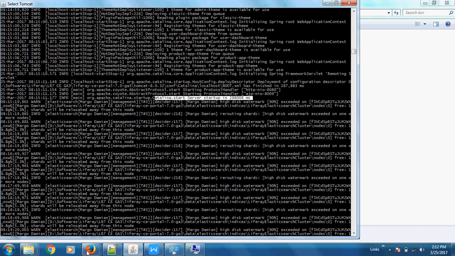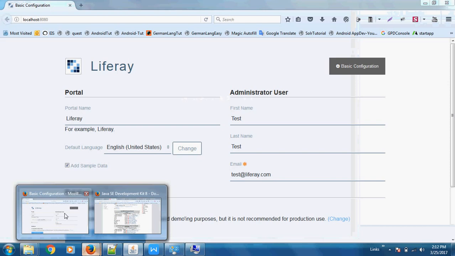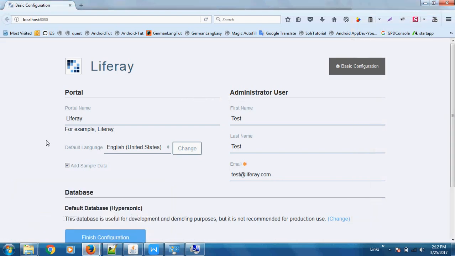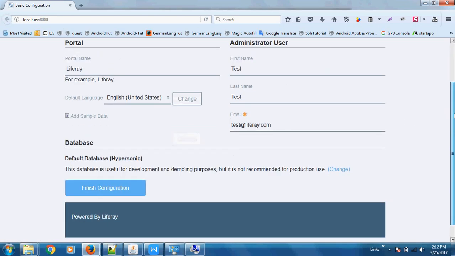After this it will automatically open your default browser with this page, which has the heading Basic Configuration. For the first time when you are running Liferay 7, it will give you a page where you can perform the basic configuration.